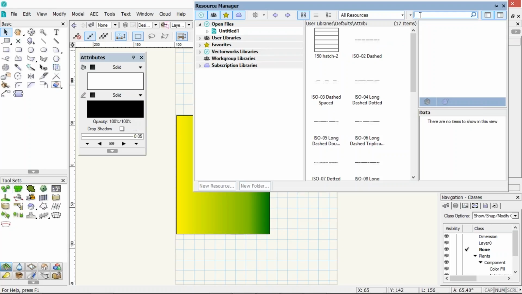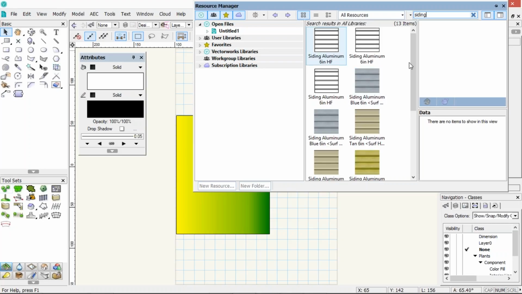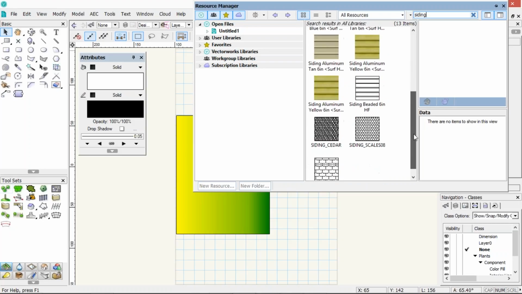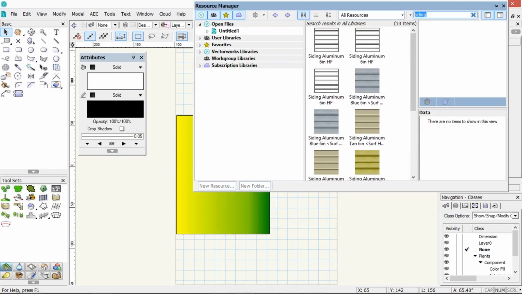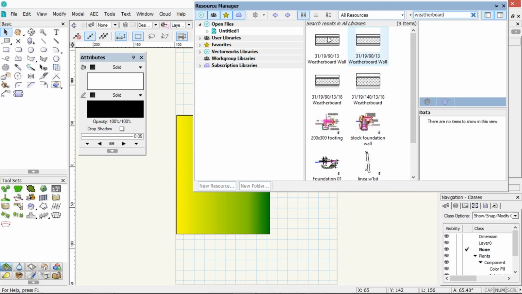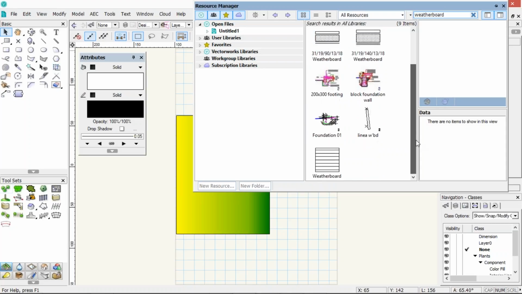So what are we looking for? We're looking for something to do with our cladding. Now you guys call it siding, I think. Siding, so let's have a look. Are there any things that I might use in terms of siding? There's a whole lot of textures, there's a whole lot of hatches. I actually use the word weatherboard. When I search for weatherboard, it brings up my wall styles and some symbols, some hatches,